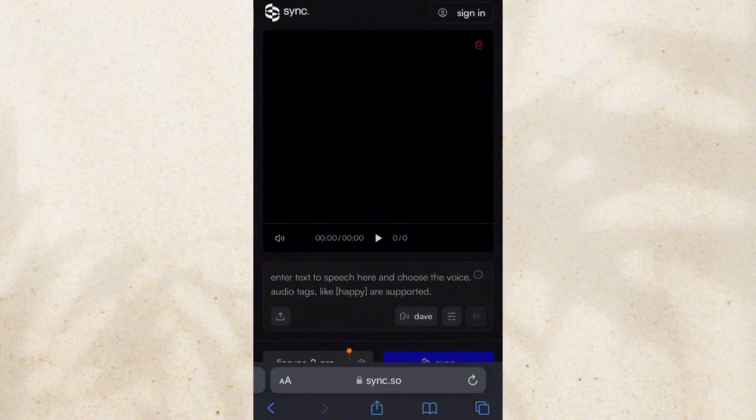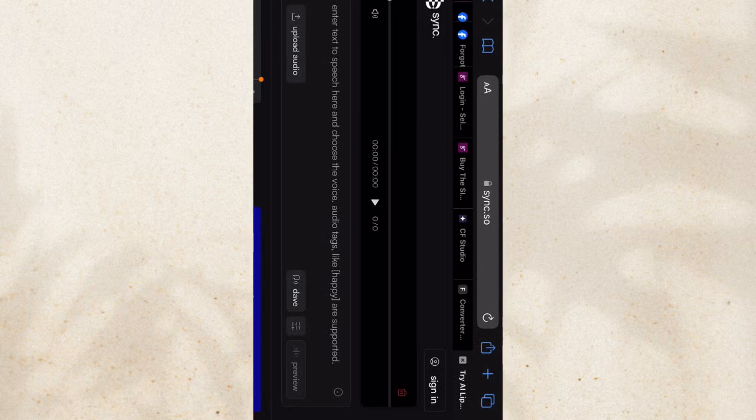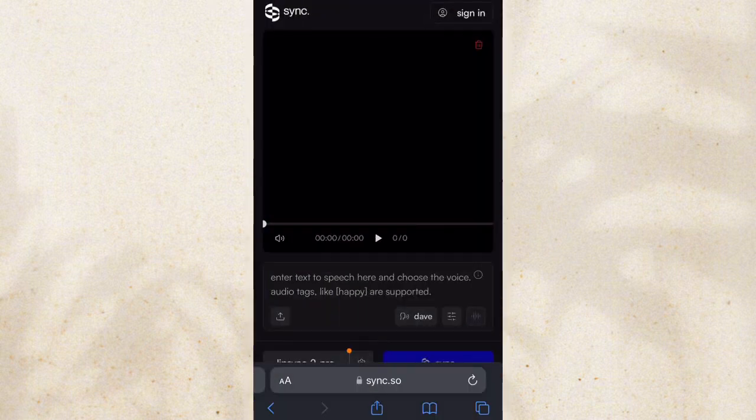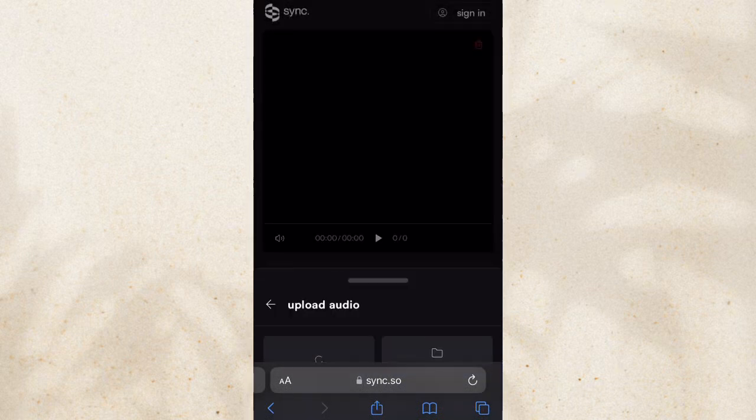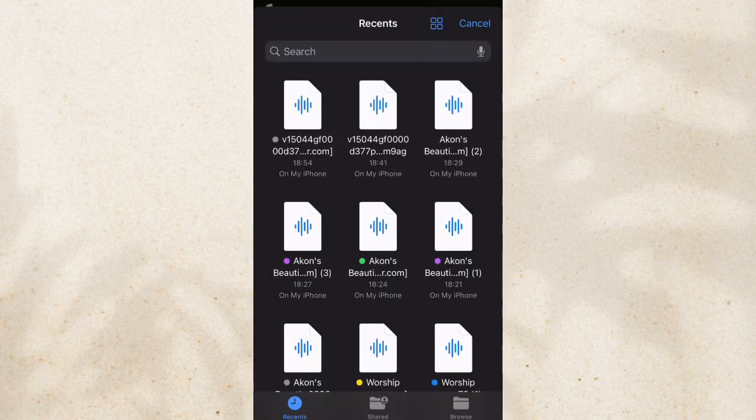What you have to do is to animate your video. Don't mind what it's saying, or you can mute what the video is saying. And if you want to get the best part of it, you can just switch your phone to desktop version. You can tap on this AA and turn your phone into desktop version, and maybe turn it to landscape, so that you will see all the options they gave you.